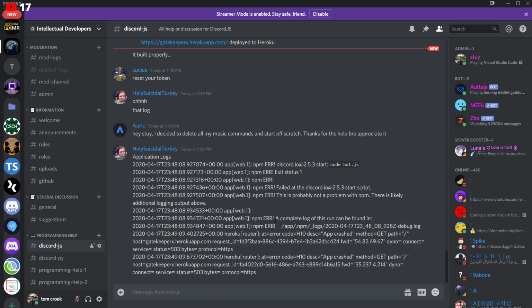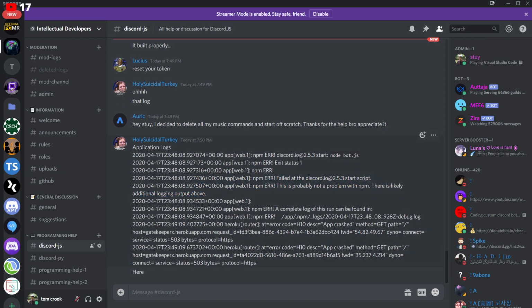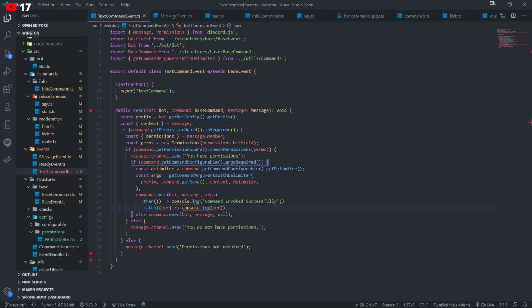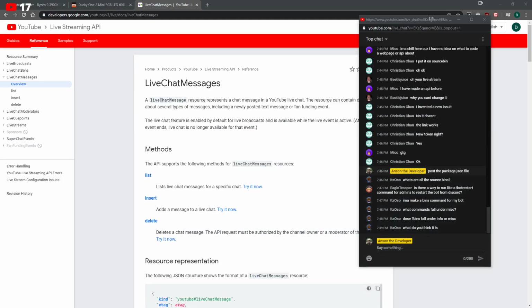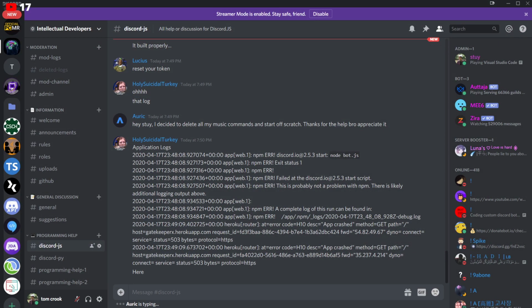Yeah, start script. Let's see. Oh, you're using Discord IO. Oh, you're using a different Discord library. But I'm not sure though. It should still work. I've never used Discord IO before, but it's saying the bot can't be run for some reason. Oh, it's a web process. Do you have a proc file? You need a proc file. If you don't have a proc file, I don't think the bot will actually log in.